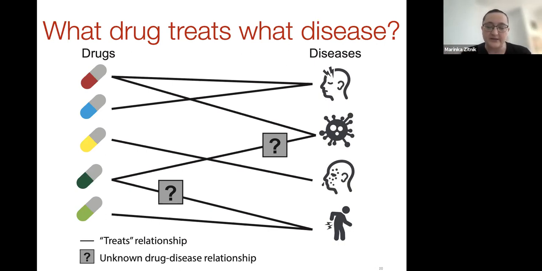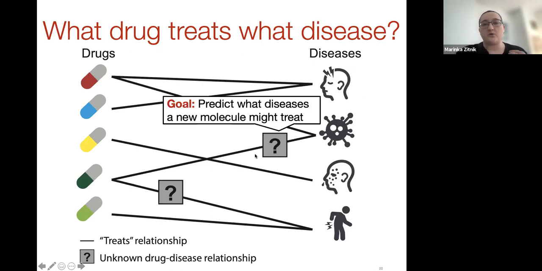currently in the US. So these black edges that connect drugs to diseases indicate known indications, meaning that an edge between this red drug and this disease that looks like headache would indicate that the red drug is indicated, it's being prescribed, it's used to treat headache. And so our goal or learning task here will be, we want to have a model that will predict what diseases a new drug or this particular drug and its molecule might treat.